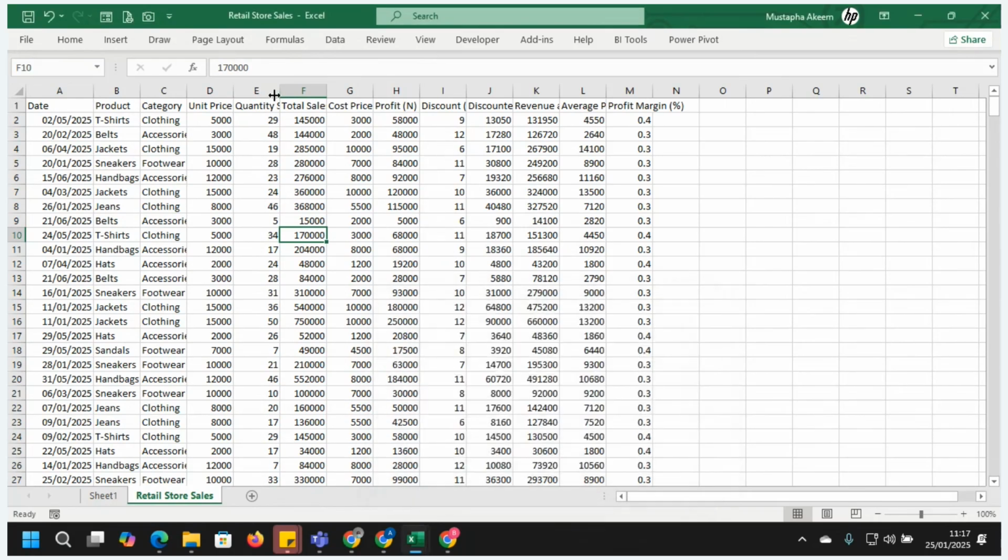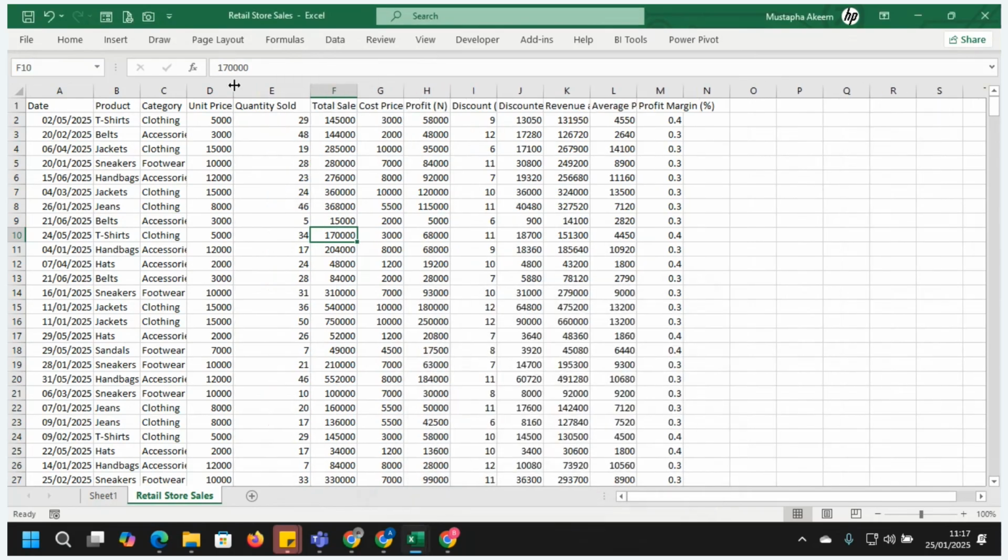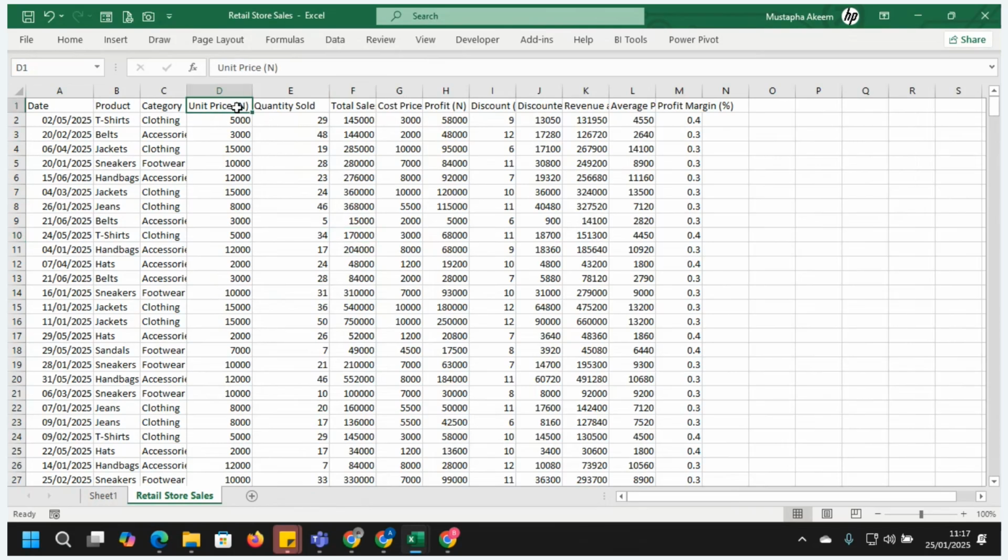That's another simple way also. Can you see that we've just used a single command to create this column? Is that clear? Any question at this point?